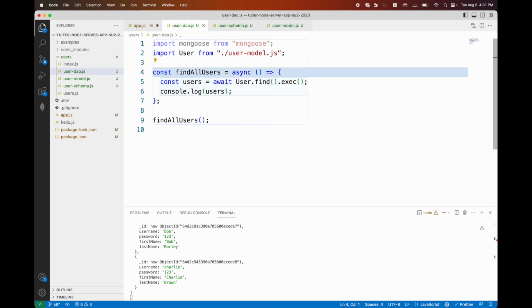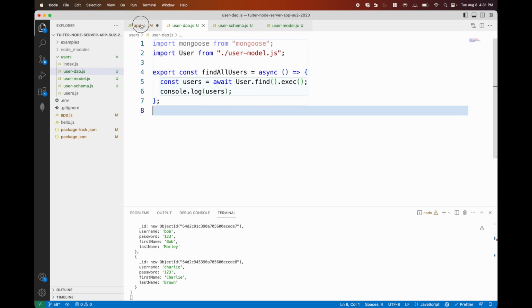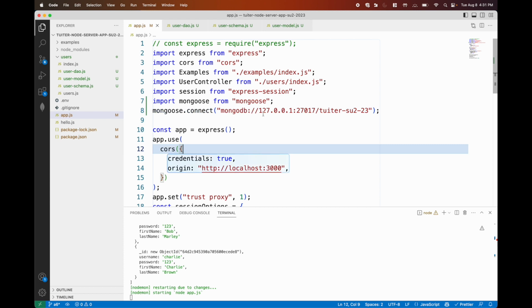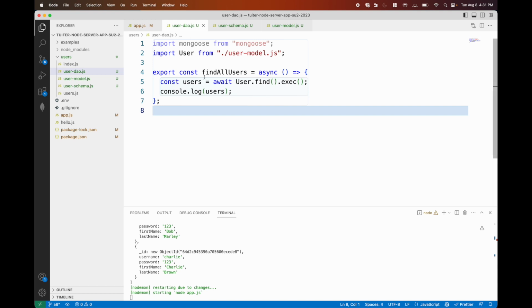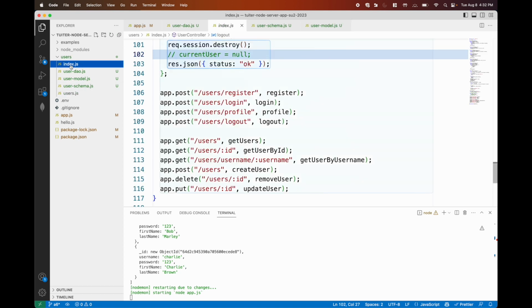Probably might want to export this, right? Export this function, and let's save that, and we'll probably need also to import these guys, right? The user DAO. Now, usually this would be used perhaps from some kind of service or a controller. So, for instance, if we have a controller here,